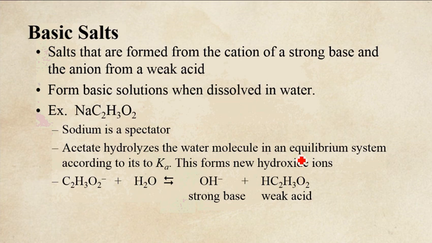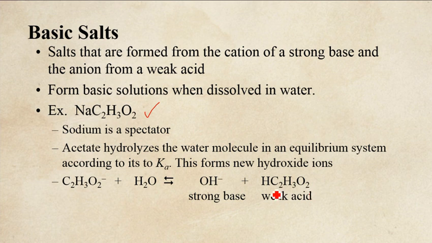Basic salts are formed from the cation of a strong base and the anion of a weak acid. So sodium acetate is going to be our example here. This is going to form a basic solution when you drop it in water. We've played with sodium acetate before. It's what made the system that's supersaturated, that made the crystals really quickly. In this salt and water, sodium is a spectator, and the acetate ion interacts with water. In this case, acetate hydrolyzes water to form hydroxide, our strong base,